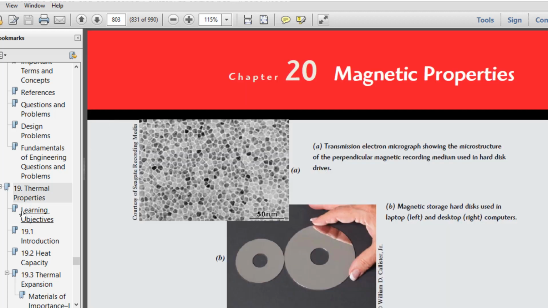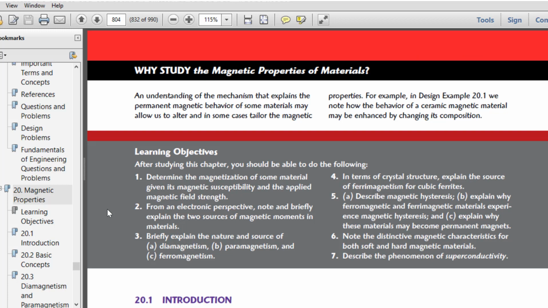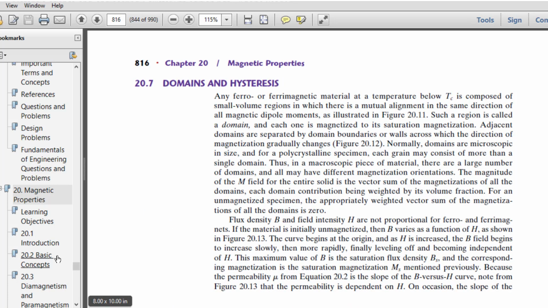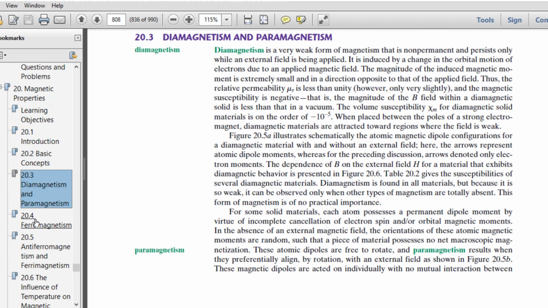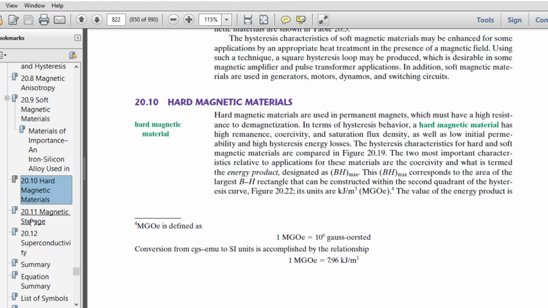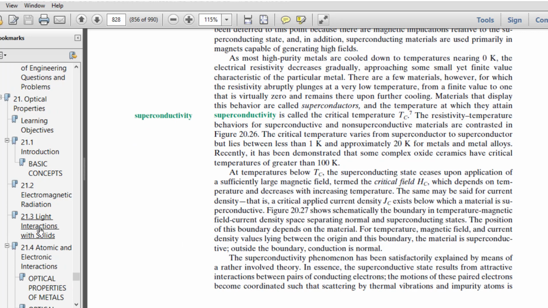Then magnetic material, these magnetic properties, it is important, and you will have to read different sections, every section. Yeah, completely magnetic material, read completely. Okay,